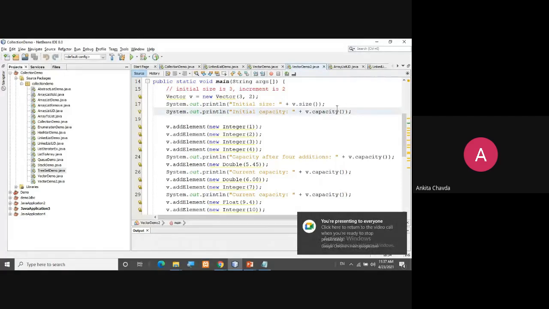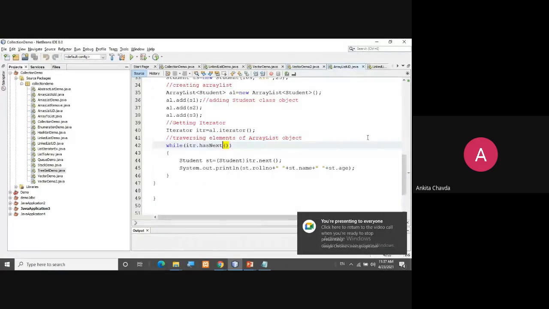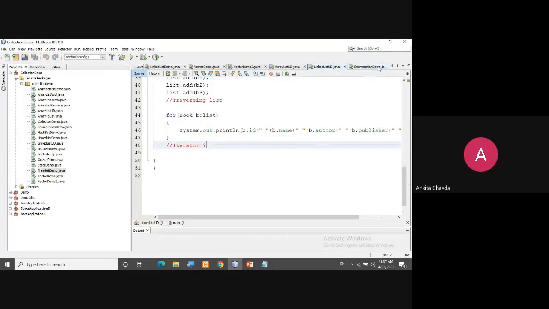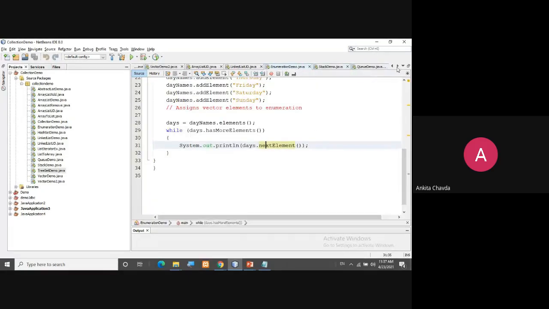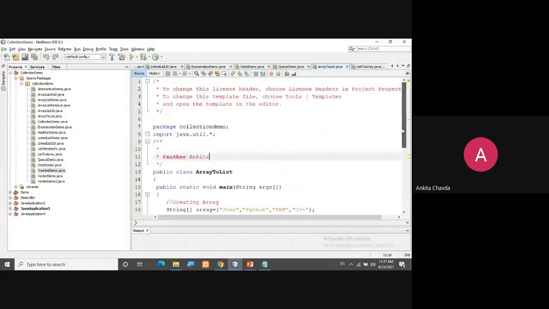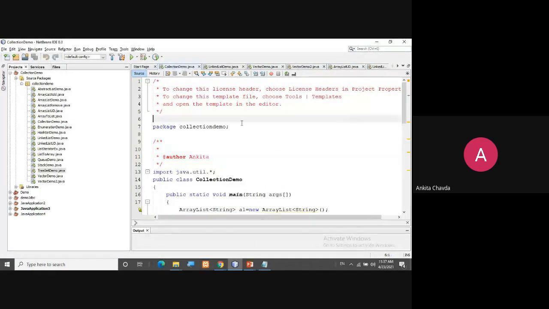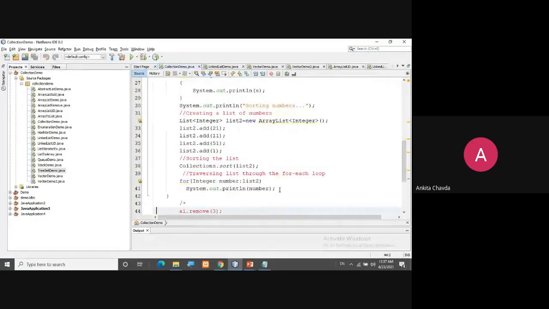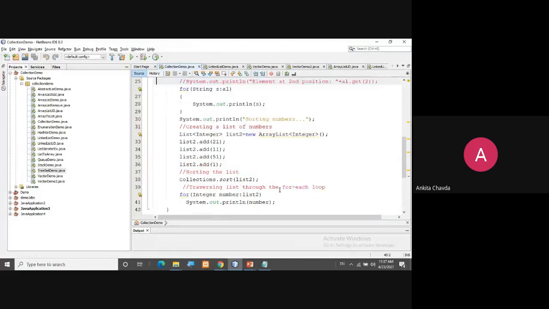Wherever we have seen enumeration, then we have seen this ArrayList that is user defined, where you are passing the student class and all. Then linked list also we have seen. Enumeration demo also we have seen. Stack and queue we have seen. Then array to list: how we can convert array to list and list to array, that we need to see. And one more thing: sorting of the elements I have done somewhere. Yes, okay. How can you sort the elements?